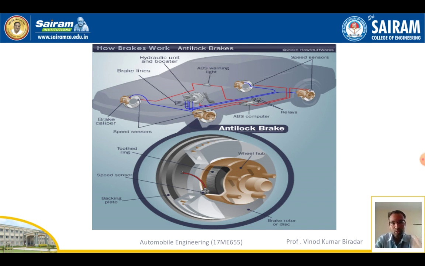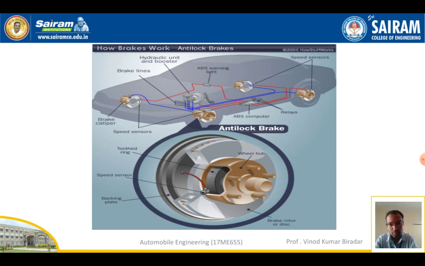When a car is moving, if you want to stop the vehicle, then with the help of the driver, a hydraulic pedal is pressed. Due to that, it will transfer to the master cylinder, and from the master cylinder this mechanism will operate. When the brake pedal is applied, the master cylinder will activate. Now the master cylinder will transfer the fluid into this tooth ring hub,